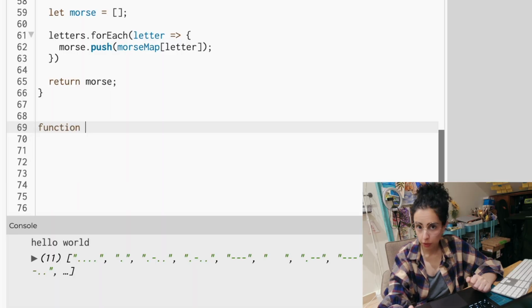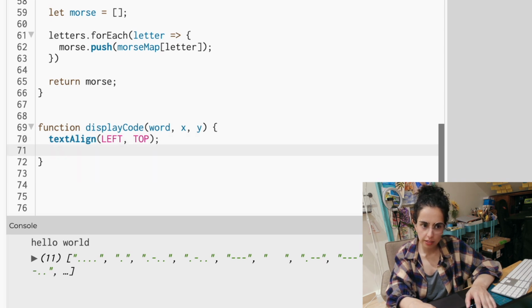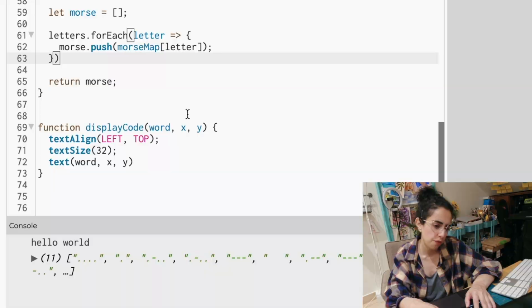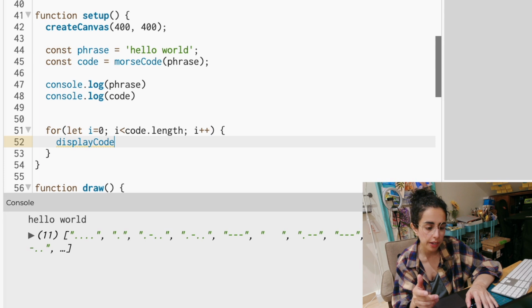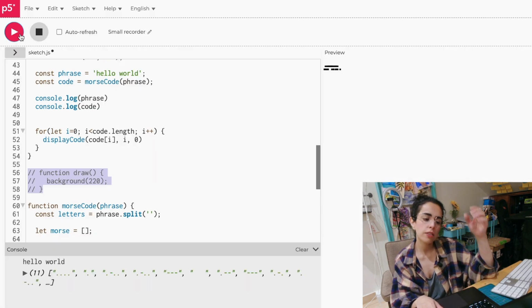All right, so now let's draw the text. So what we're gonna do, I'm gonna have a function that will display the text by actually adding all the text styling there. And now, since luckily we have the Morse code, I'm gonna call it string from now on. We have it already as an array, so we could just loop over it and just call this function, which also it's gonna help us in the positioning. And now we run and